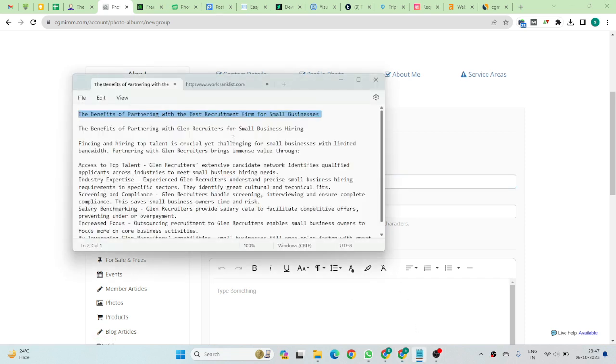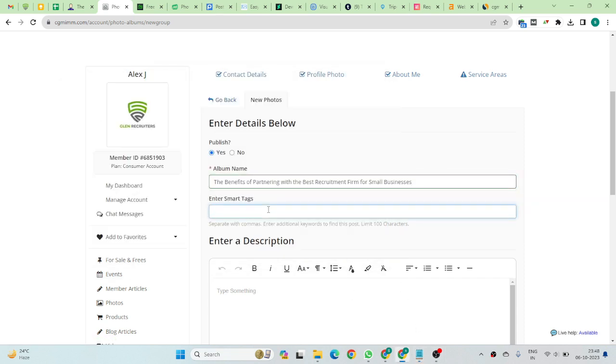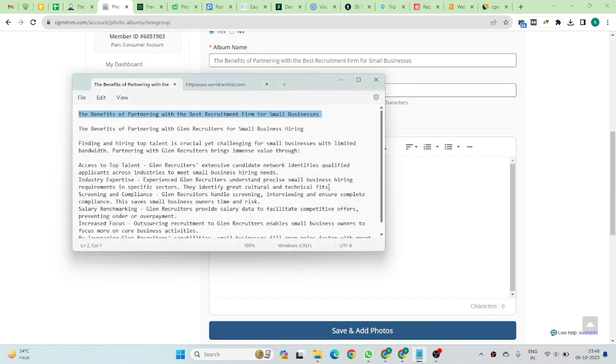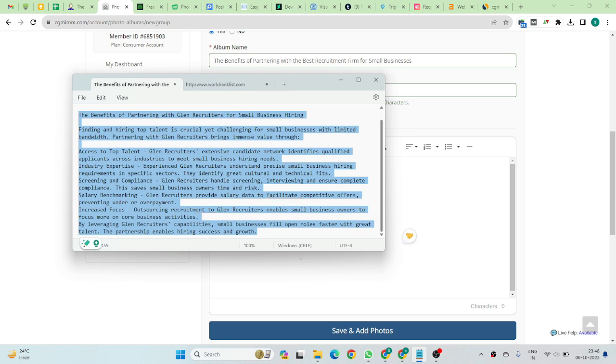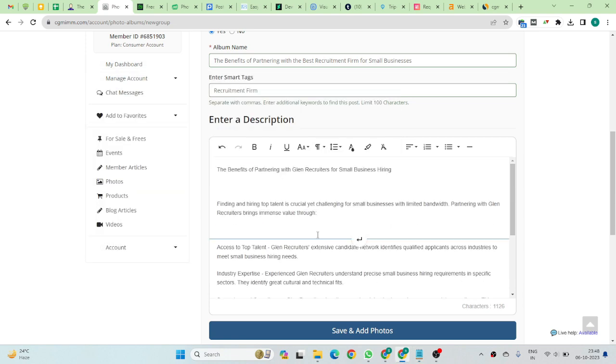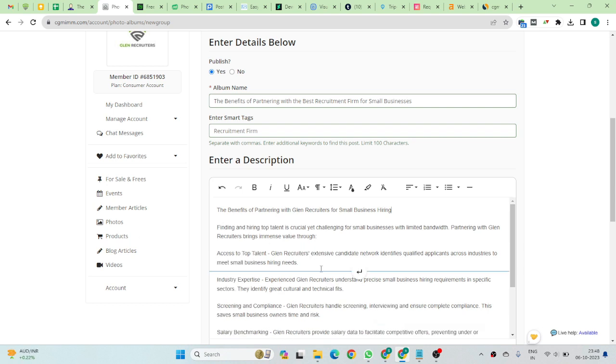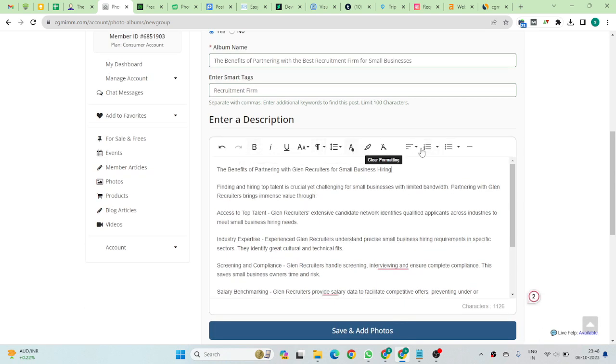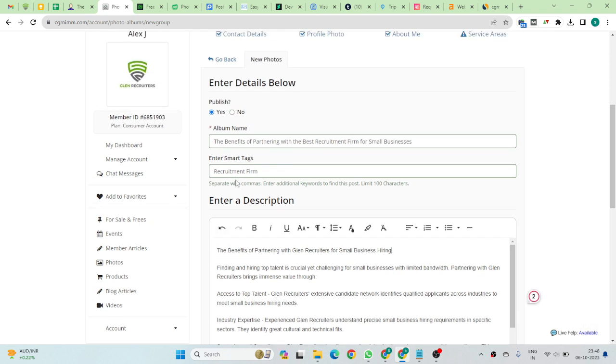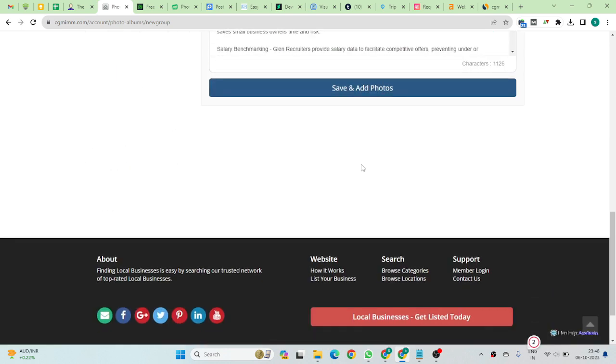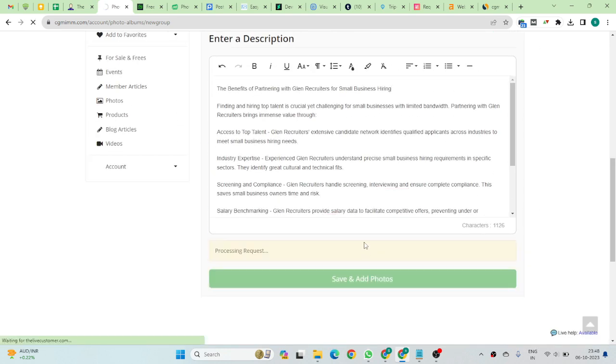For the album name we are going to add a title, and in the smart tag you have to add your targeted keyword. Then you have to add your content, image content. So we have added them. We are going to modify something now, and there is no option to insert a link, but I just remembered some other websites have the same interface, so that's why I asked, sorry for that. And you have to click add and save and add photos,